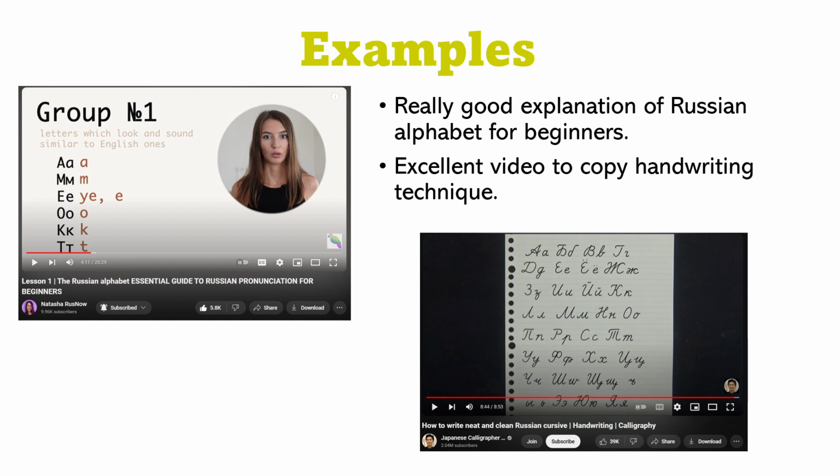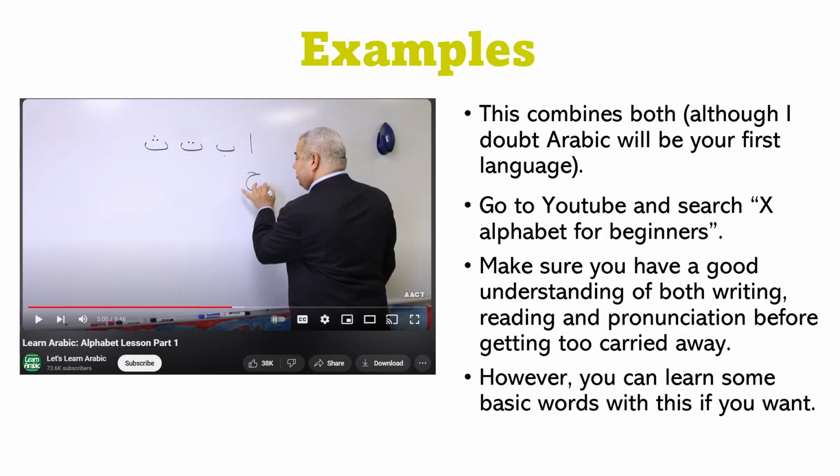That's obviously cursive, so you might not want to start with that in Russian, for example. But yeah, just videos like that, and then this one kind of combines both. It is an expert teaching Arabic, for example. You probably wouldn't be learning Arabic as your first language, but these are just examples of the type of videos. So this guy is writing it out, which is good because you can see how he writes it, and then he's also giving an explanation on the pronunciation and stuff of each letter. So yeah, if it is a really complicated alphabet, you might have to watch a few videos on it, or a series of videos to understand it. Like, for example, Japanese, you're going to have to learn hiragana, katakana, and then kanji, so that might be more difficult. But then again, I am also presuming your language is quite easy.